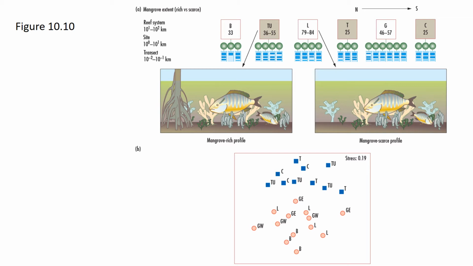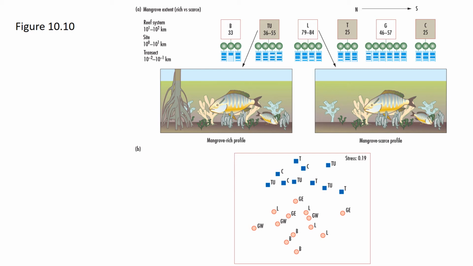Now effectively the mangroves adjacent to the coral reef are providing a very important nursery function for the fish community. And what the researchers found was that species richness was much higher on the mangrove rich coral reef communities. And indeed, when you compare the composition makeup of the fish communities on the coral reefs adjacent to the mangroves, they are significantly and very distinctly different from those on coral reefs where there are no adjacent